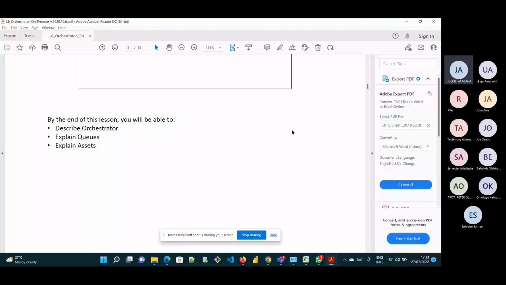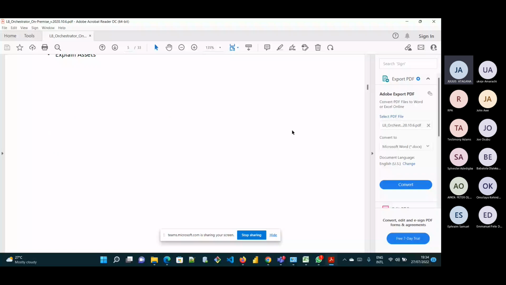But on the unattended robots, the robot can be executed from the orchestrator, triggers, and all that. So usually we use the unattended when we want to run triggers where we need less human intervention. The unattended robots can run, so the orchestrator can run that.